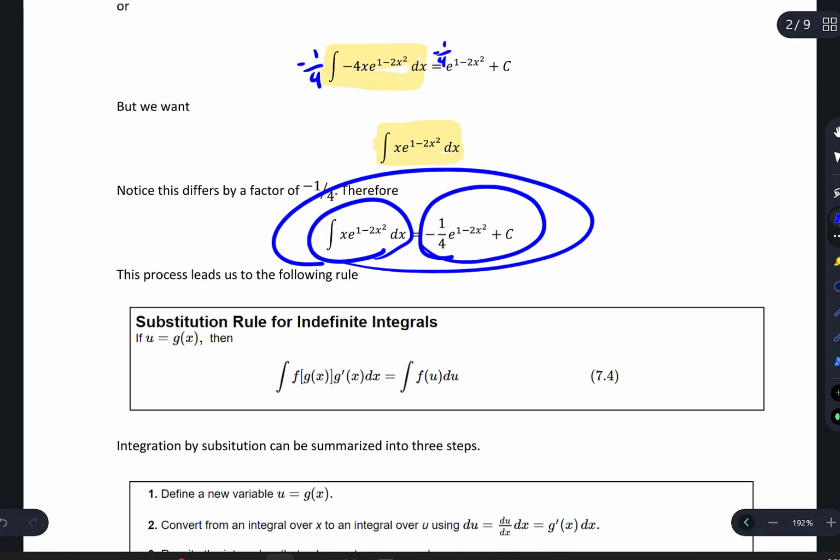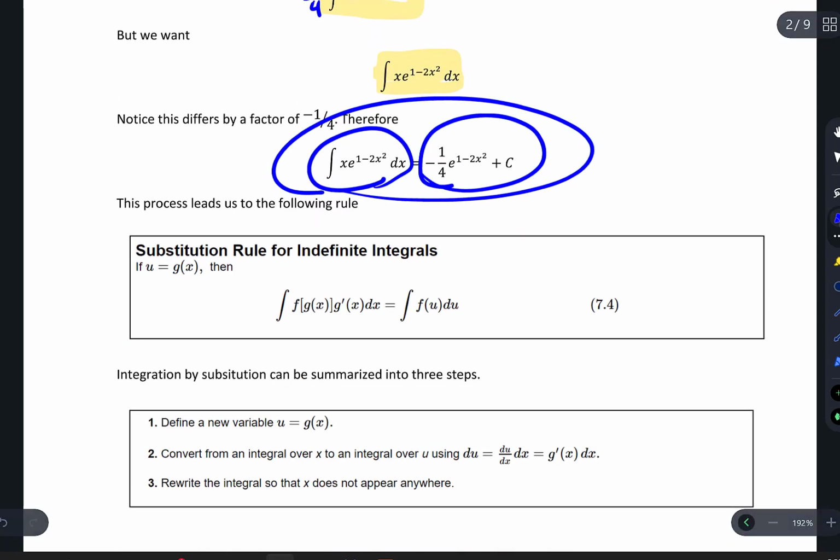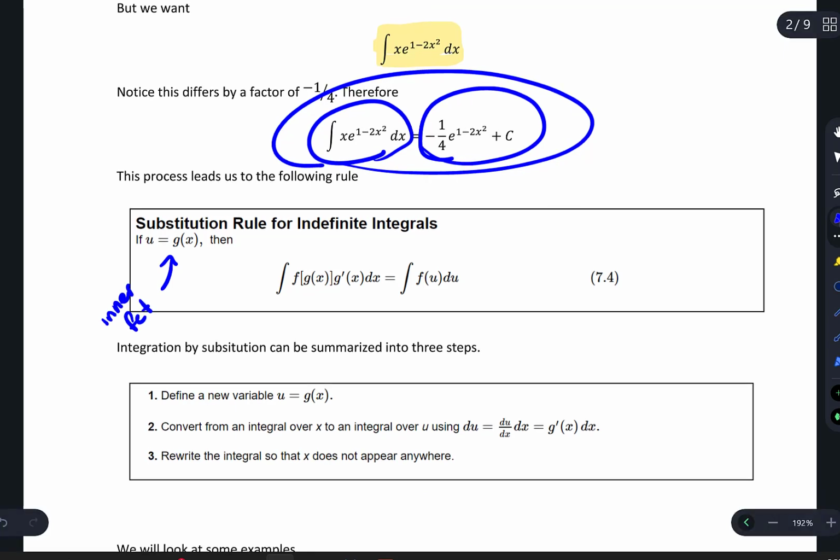And so this process leads us to the following rule. It's called the substitution rule for indefinite integrals. And it says that if we let u equal g of x, in other words, we let this one be the inner function, then the integral where we have f evaluated at g of x times the derivative of g of x, and notice this piece right here, that is the derivative from the chain rule,